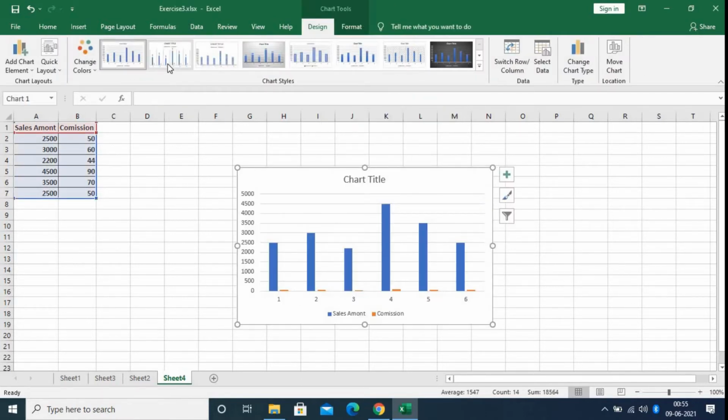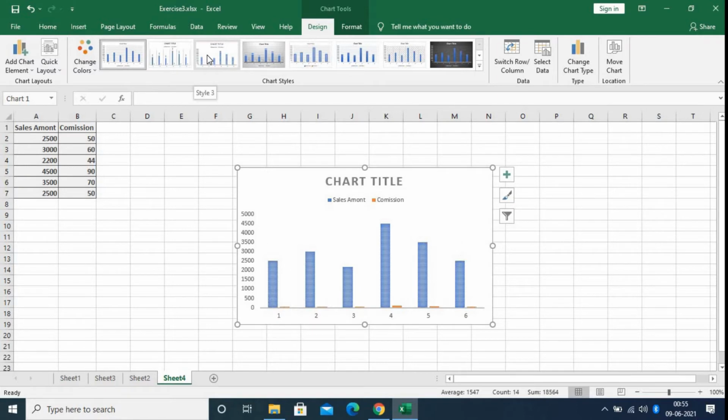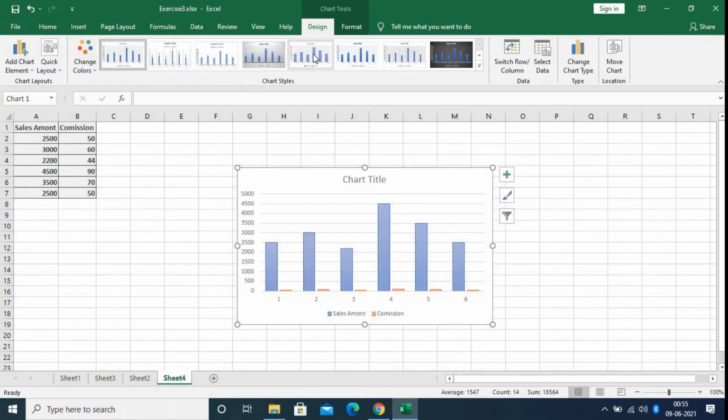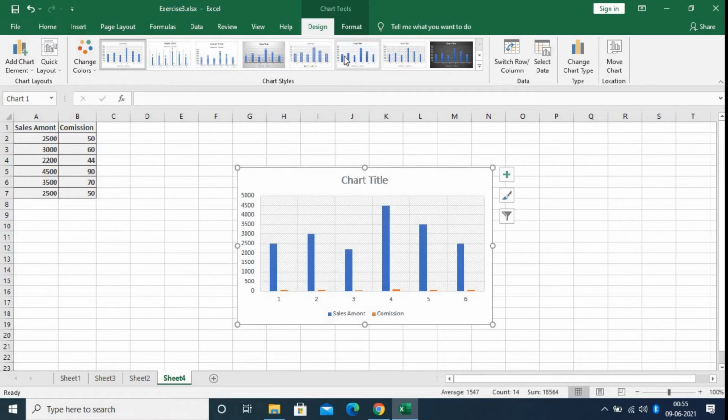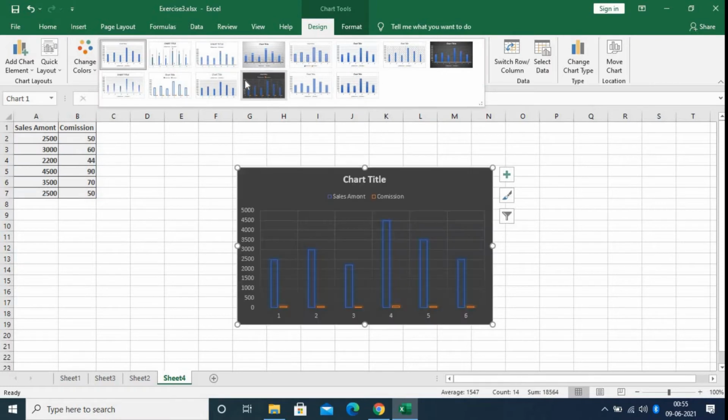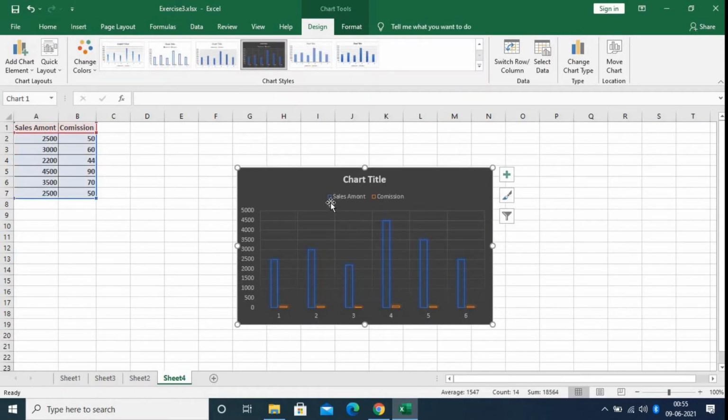Now here there are some styles for this chart. Here I am selecting this style. You can see this color is for sales amount and this color is for commission.